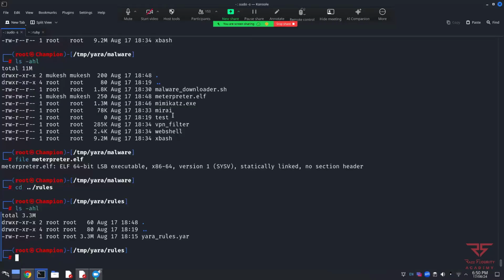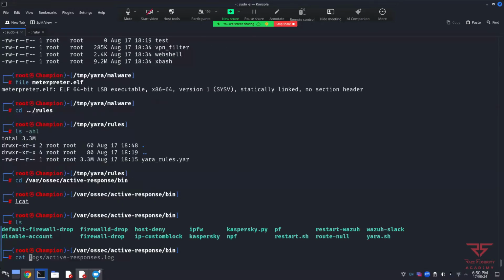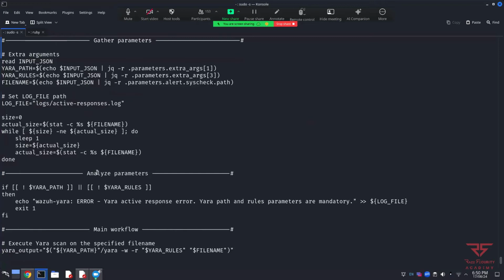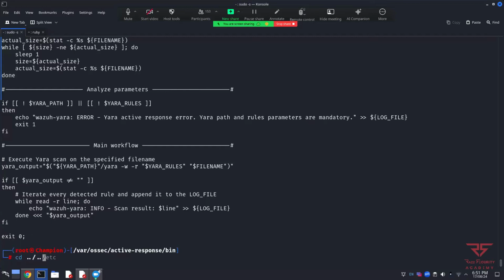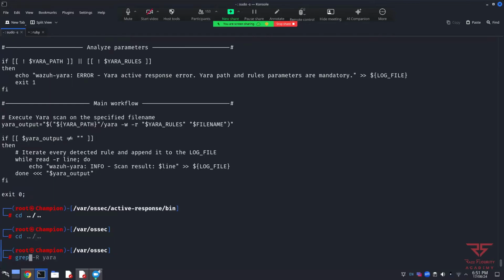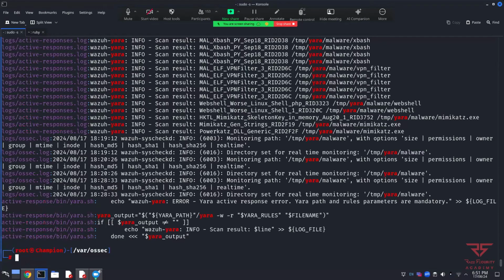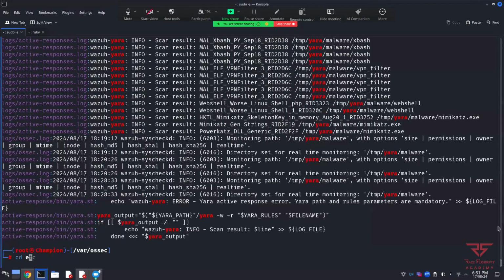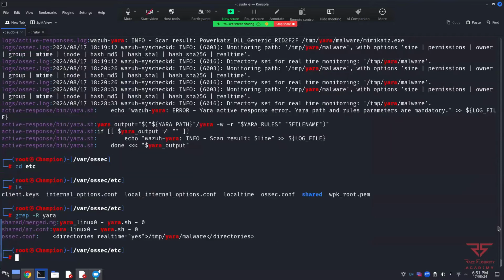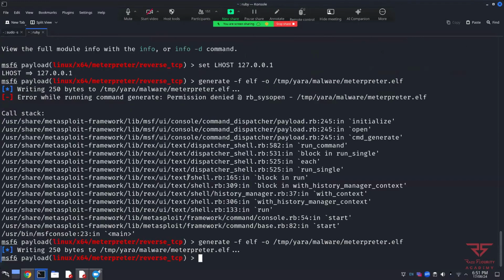Now, since our integration itself, the shell script, only uses one single file, that should be under the Wazuh server. Now, we don't need to worry about the logs folder. We will only need to look at this. Yep. On the Wazuh server,